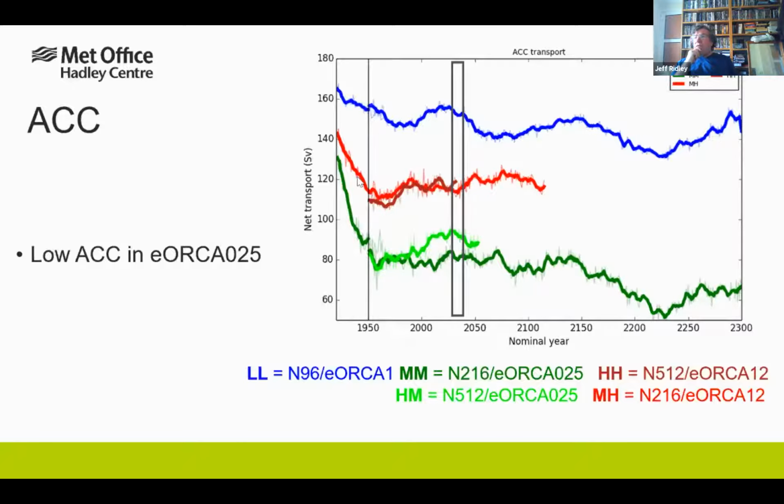These ones, which are fresh and cold on the shelves, the medium resolution has a gyre half the strength of the low resolution, and the Orca 12 is still nowhere near right,